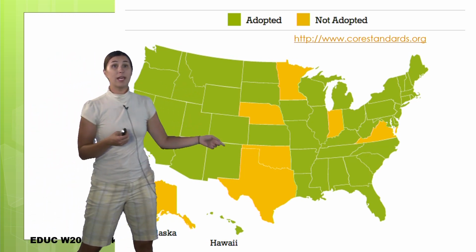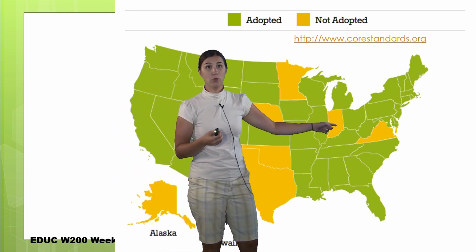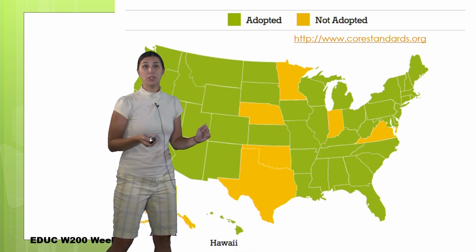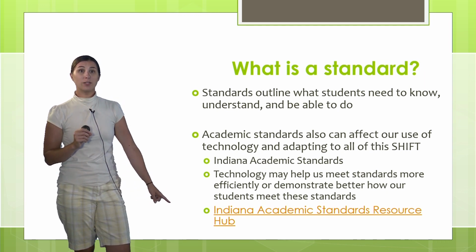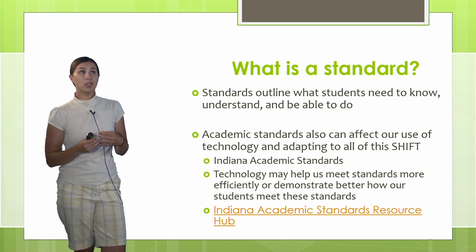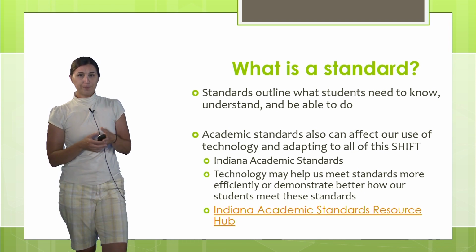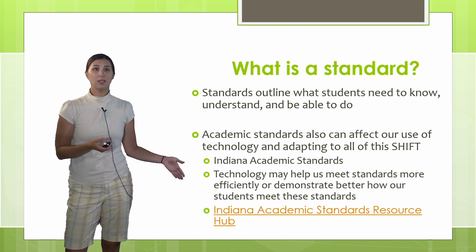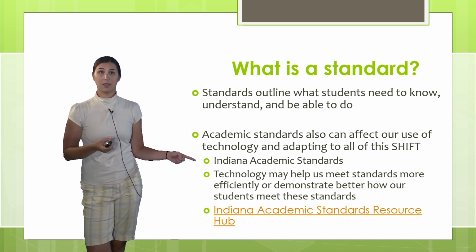Now you'll notice that the yellow states, they have their own standards, meaning that Indiana, our poor little Indiana over here, is all by itself and it has its own standards and own resources. But don't worry, we have some great resources available to us. They're right down here at this Indiana Academic Standards Resource Hub. And we also have a ton of resources that teachers have created on Amazon Inspire. So that's a new thing that we've done in terms of technology. So technology can actually help us adjust those shifts and make sure that we target the Indiana academic standards.